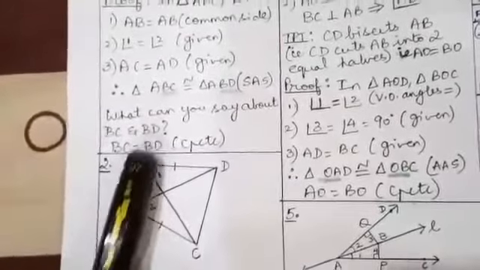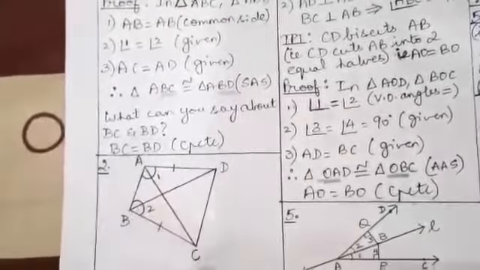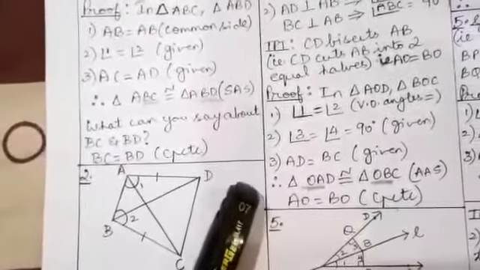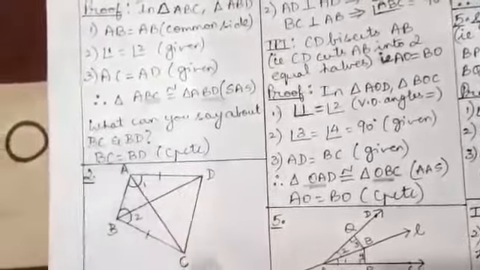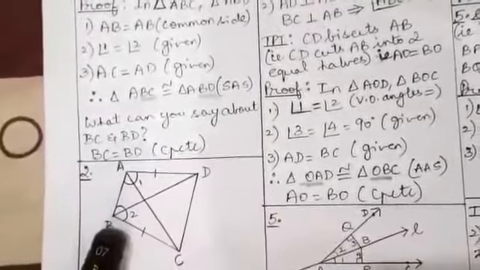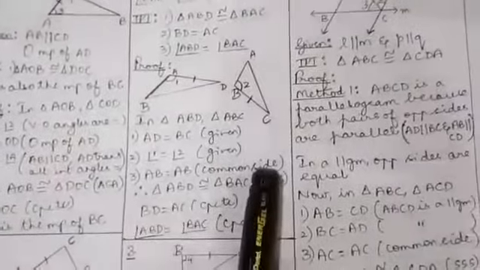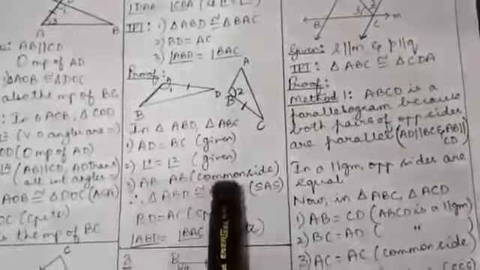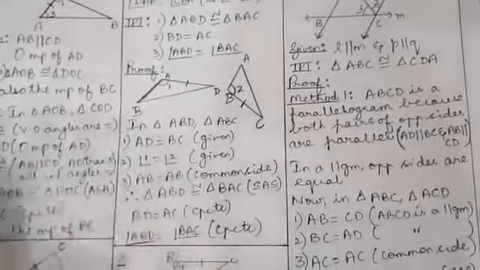Let's go back to the original figure, the figure which was given in the question. See here, the two triangles ABD and ABC. When you read the names of the two triangles itself, you can make out ABD, ABC. These two triangles have a common side AB. Alright, so that's the third piece of information. So AB equals AB, common side. So what have we listed? We have listed two pairs of equal sides and one pair of equal angles.